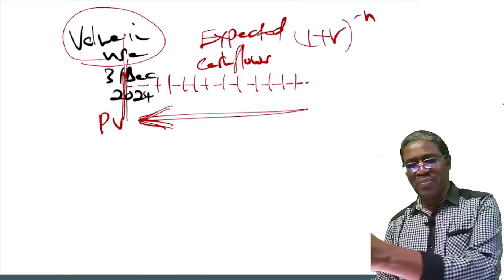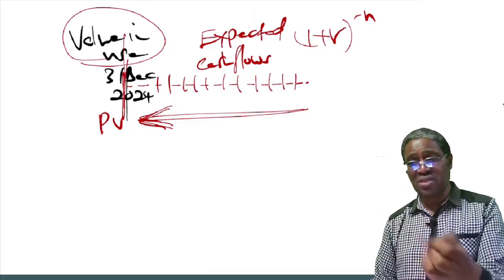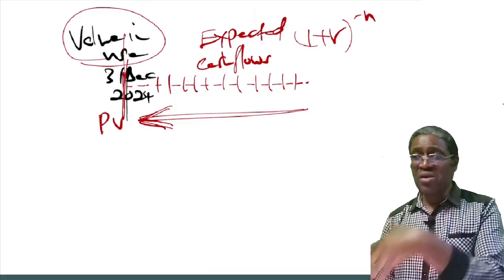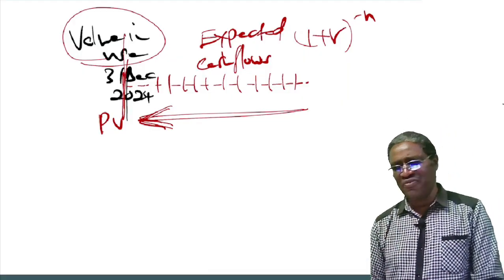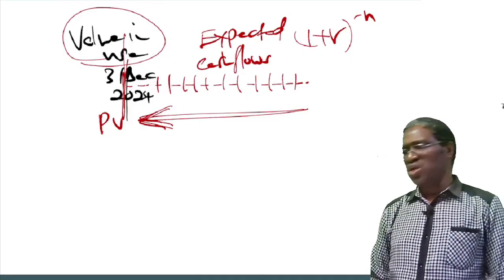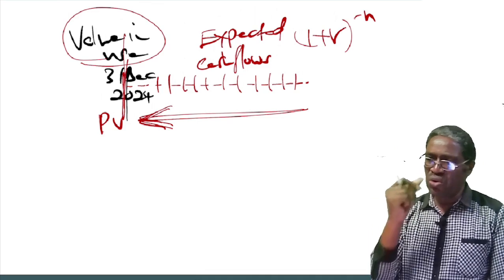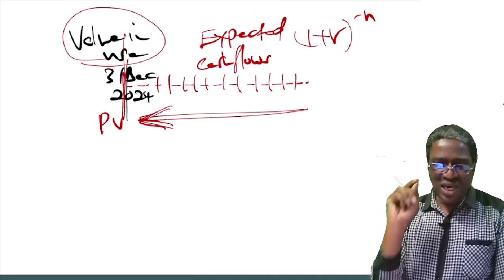We are going to get the present values of the future cash flows, meaning you get the discounting factors, 1 plus r to the power of n, year 1, year 2, year 3. You know how to do that. You have done finance. Of course, we shall do that when we are doing a question later, but you know how to compute the present values. But the point is this. This accounting standard